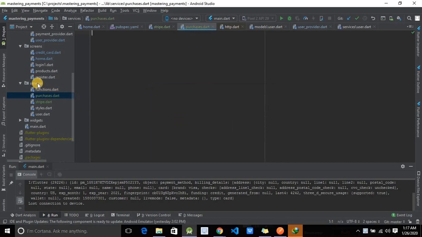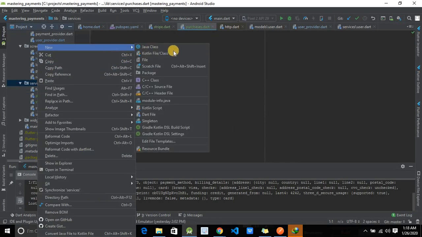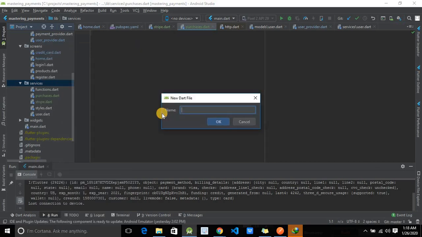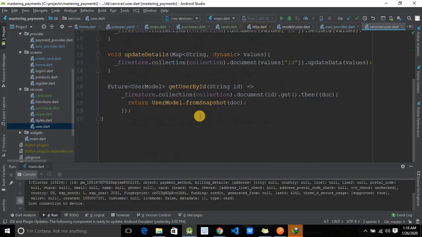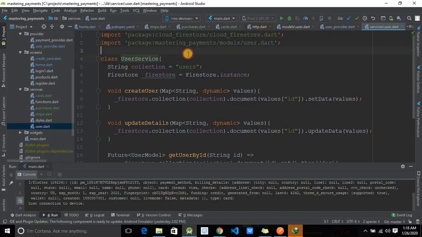Of course, we want to add that to our database, and we'll create another one called cards. Okay, we will take care of the cards afterwards, but now we can focus on purchases. Let's go to the user, because the style of the purchases will be completely like the user style. So what I'm going to do is basically copy this